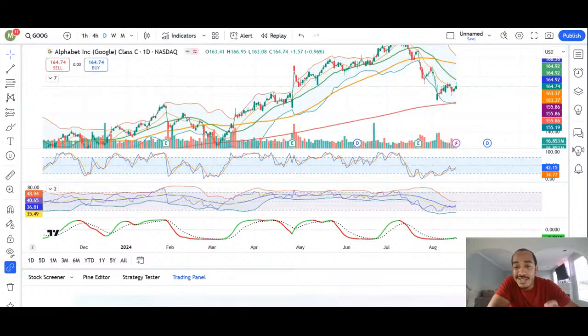Also on the stochastic oscillator, which is the blue and orange line underneath the chart, the first section of indicators, when that blue line crosses above the orange line, that is a bullish signal. Sometimes it's temporary. It might be for a day, it might be for half a day or whatever, but it has recently just crossed above that orange line. So we go to the RSI.